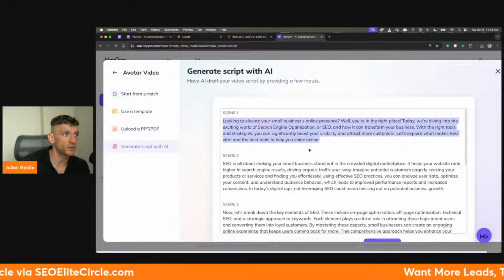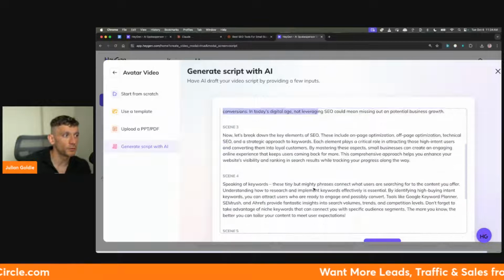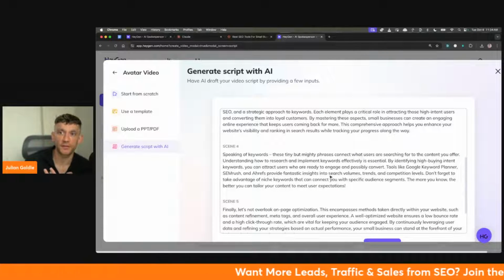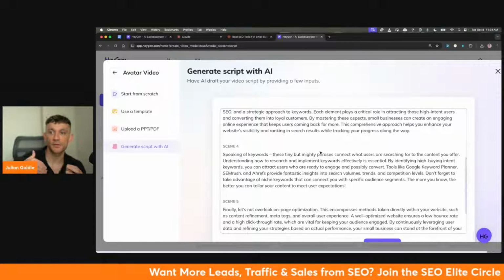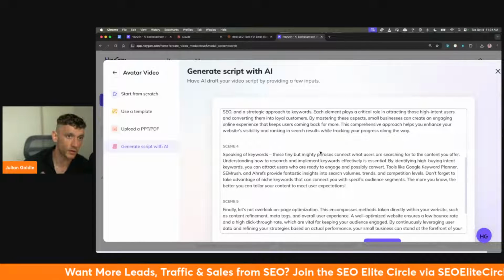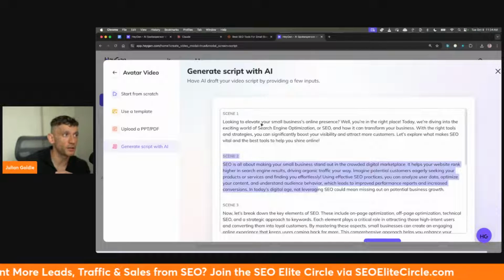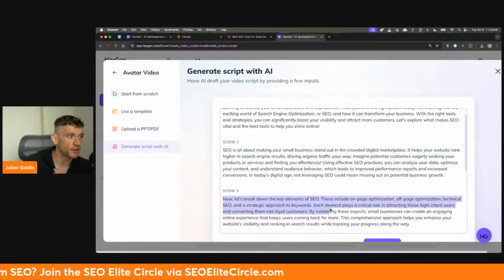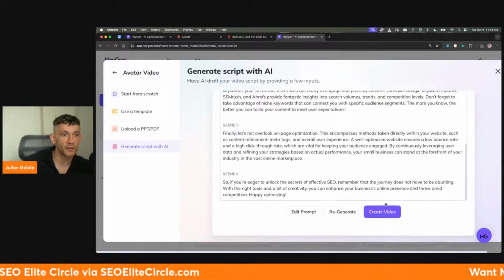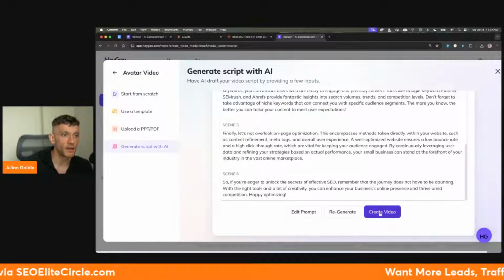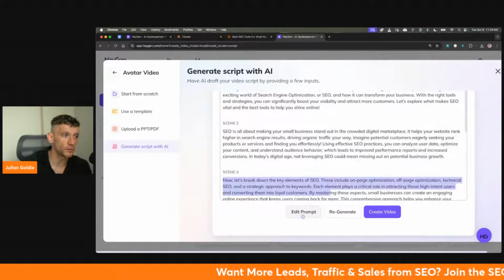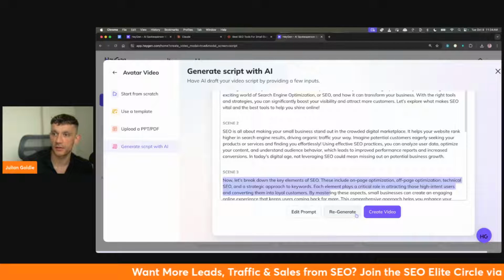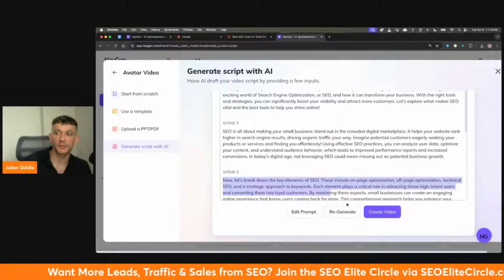You can see how it just generates different scenes. So if you had multiple scenes of you as an avatar, let's say, like I was talking about, different camera angles, it could be you walking through the park or whatever. If you wanted to make the video really interesting, you could have scene 1 in the park, scene 2 on the rooftop, scene 3 in the office, etc. Right, and just create like a very interesting video. And then from here, it's as simple as creating the video using that script. Now you can also re-edit the prompts, you can regenerate the content. It's absolutely amazing that you can do this, right?